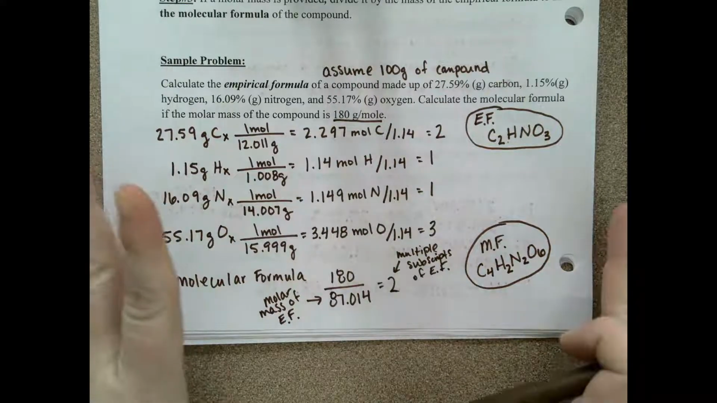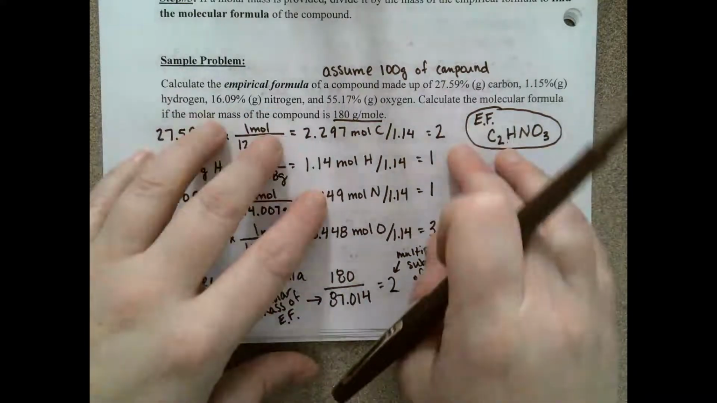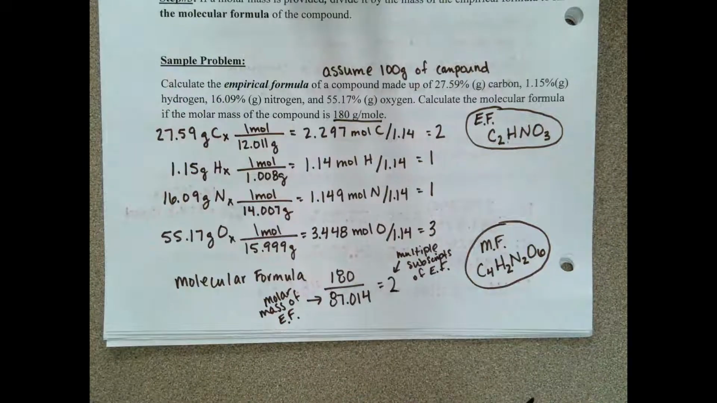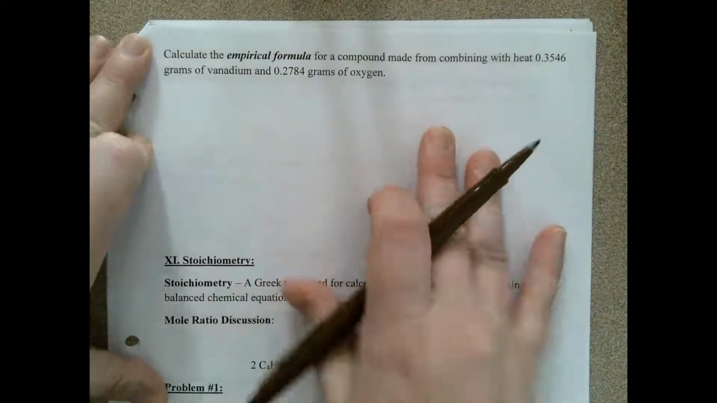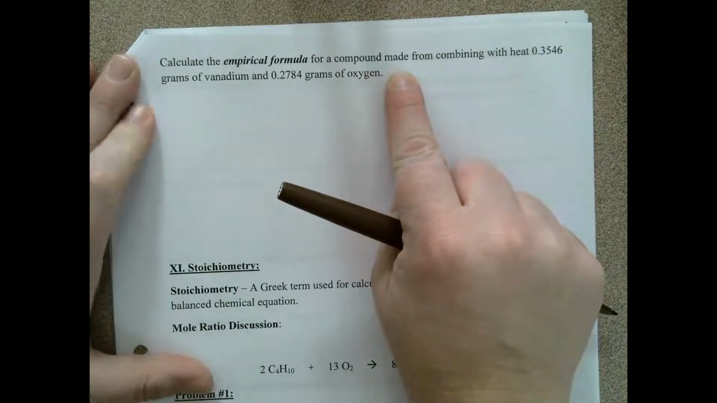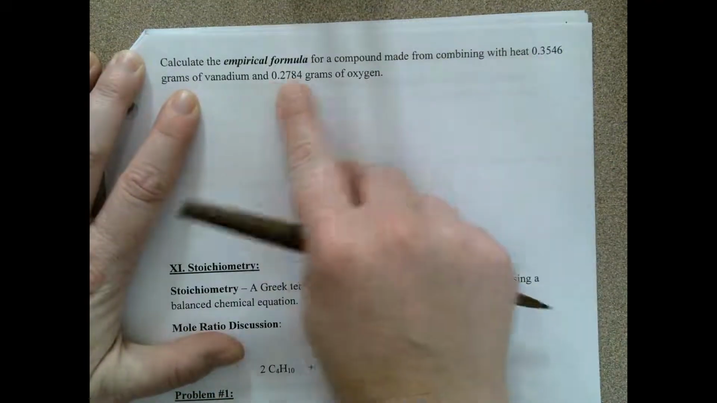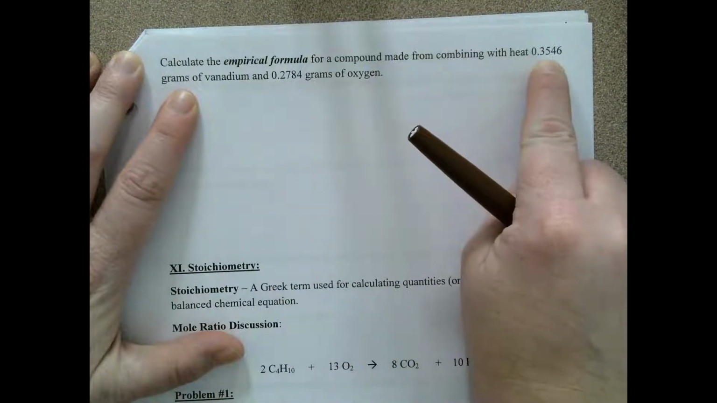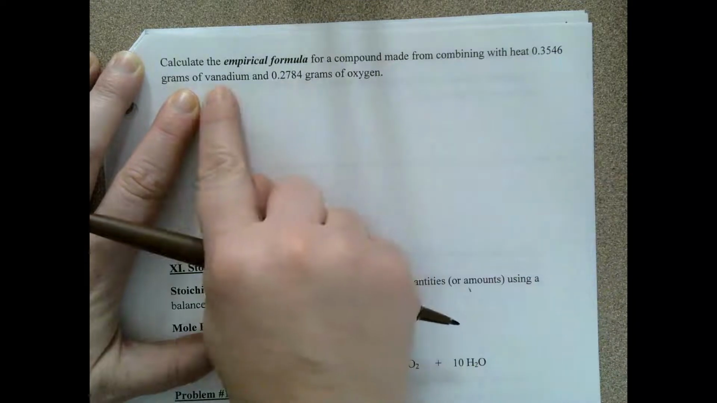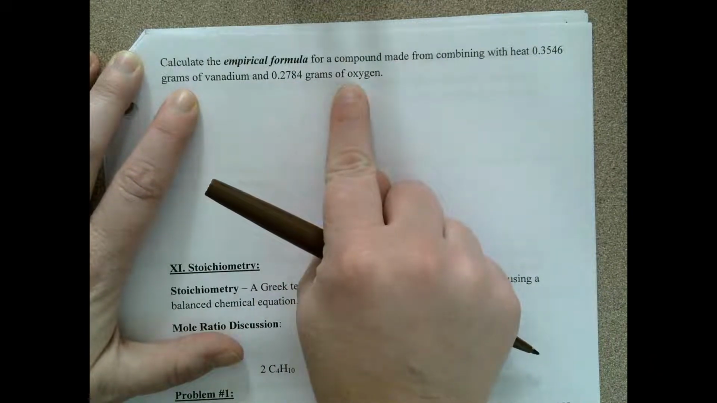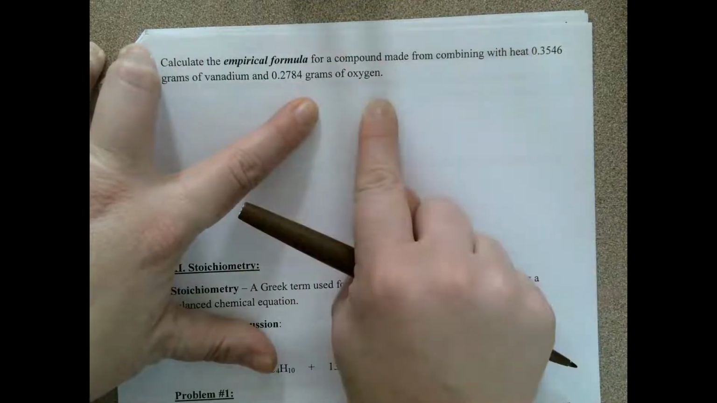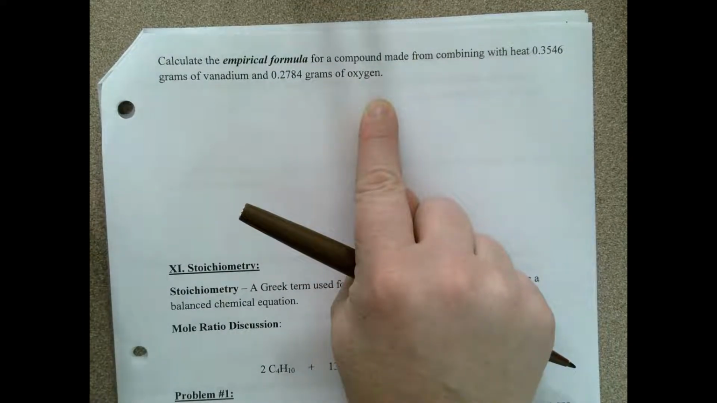So that's one type of empirical formula problem, where they give you that percent mass data. The second type of empirical formula problem is where they actually just give you the mass in the compound. So for example, with this next problem, it tells you that you form a compound by heating 0.3546 grams of vanadium and 0.2784 grams of oxygen. Okay, so the first thing you need to do is to calculate your total mass of your compound, because we need to figure out,